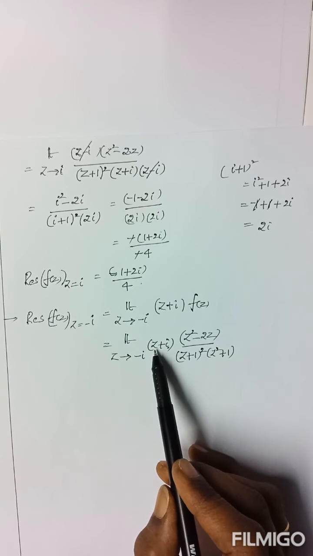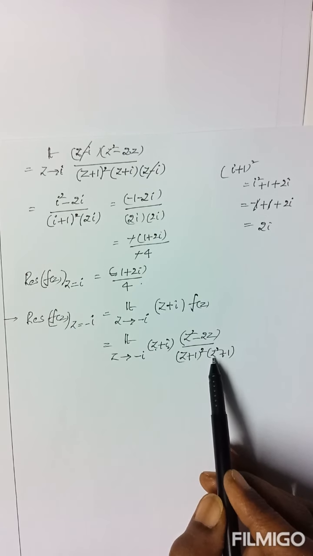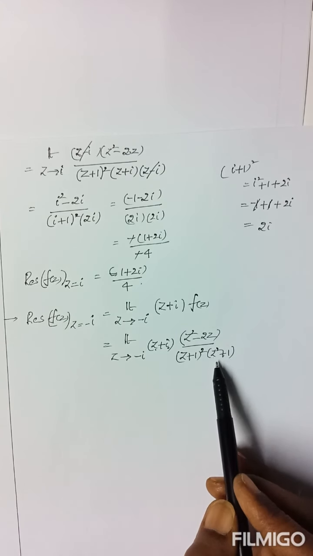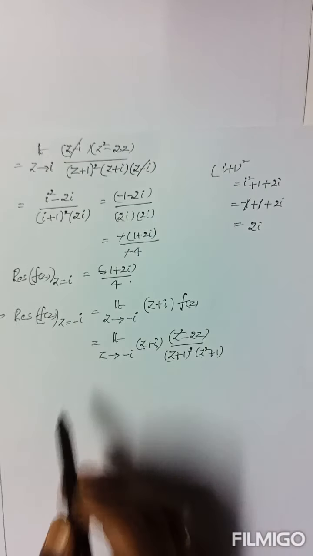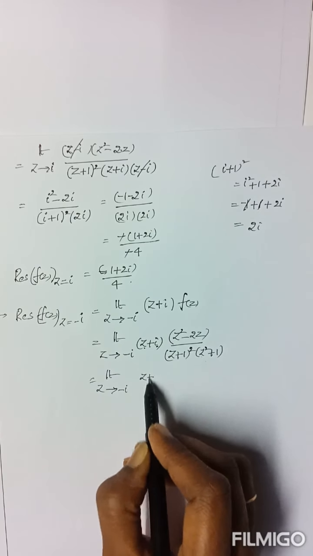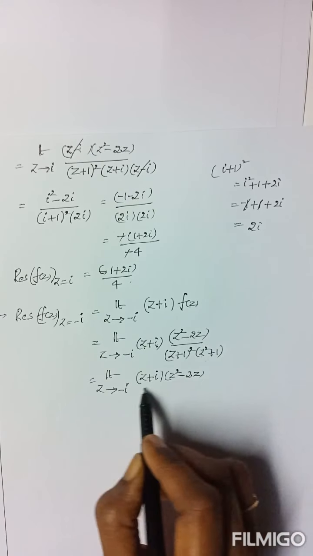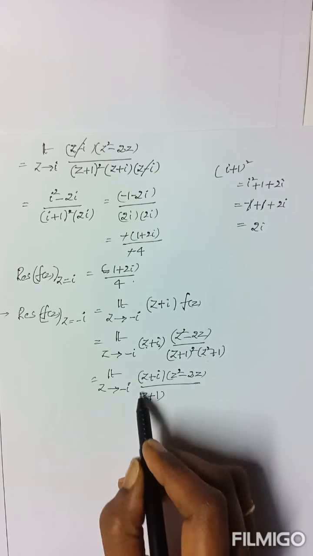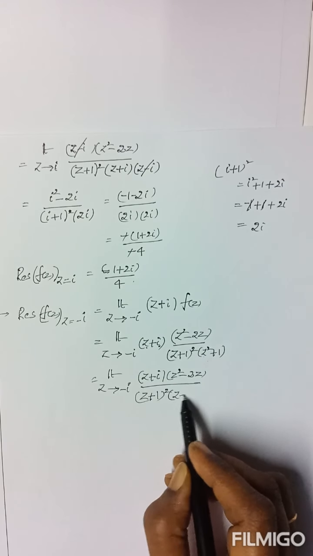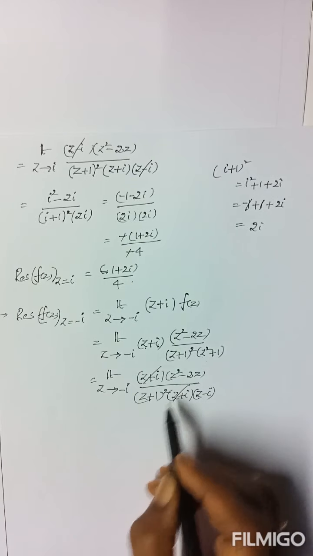Then this is 0. If you write z equal to minus i, plus i is 0, so the numerator is 0. Here also minus i whole square is minus 1, minus 1 plus 1 is 0. 0 by 0 form is undefined, so we have to write factors. Limit of z tends to minus i, z plus i, z square minus 2z by z plus 1 whole square. It is already in factor form, but it can be written from the roots as z plus i into z minus i. Now cancellation.